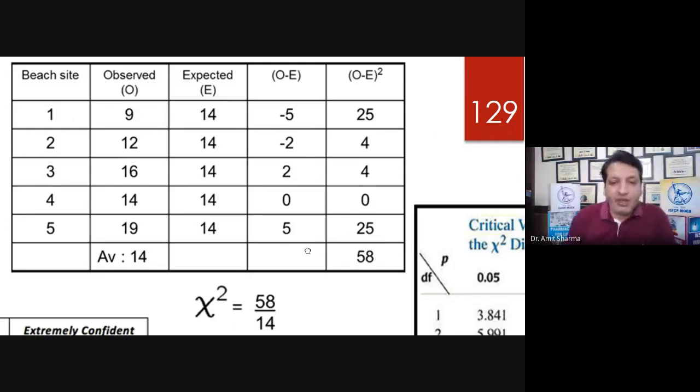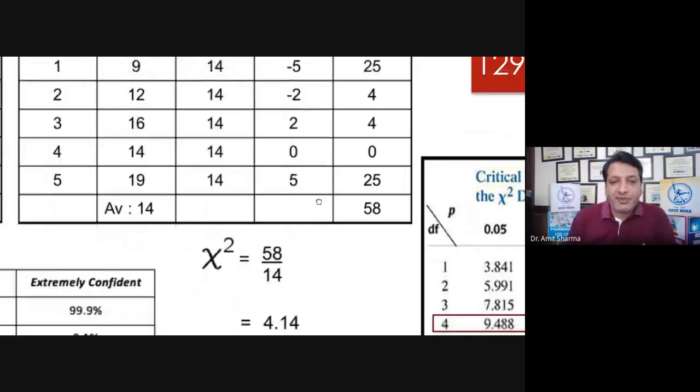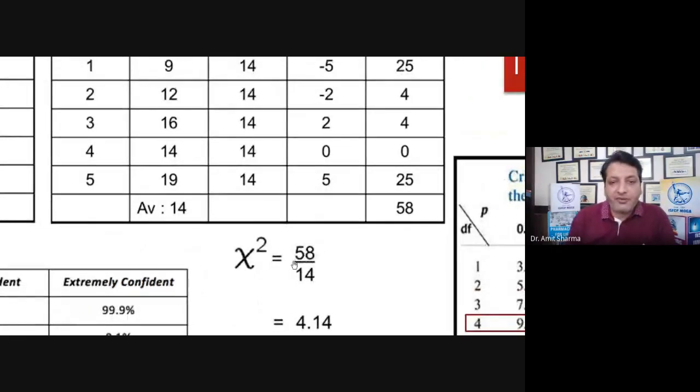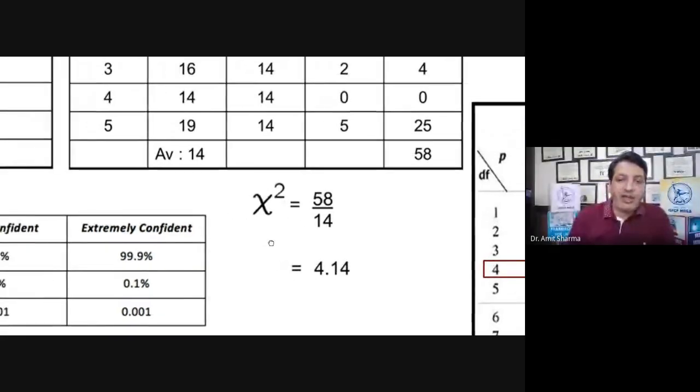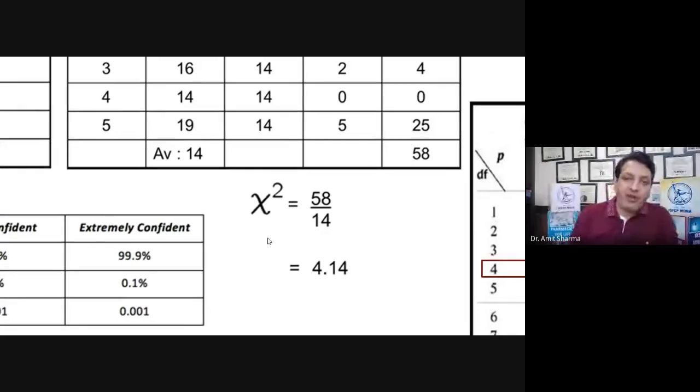So the chi-square formula represents the sum of all, divided by expected. So the expected value we know is 14. So 58 divided by 14, we got 4.14. So the chi-square value which we have found is 4.14. After calculating the chi-square value, we have to use a table called the chi-square contingency table for the distribution